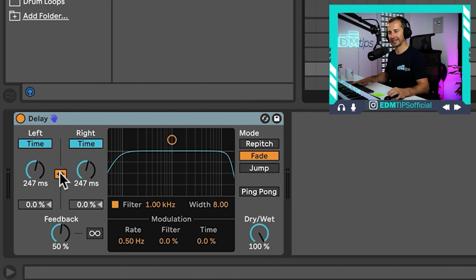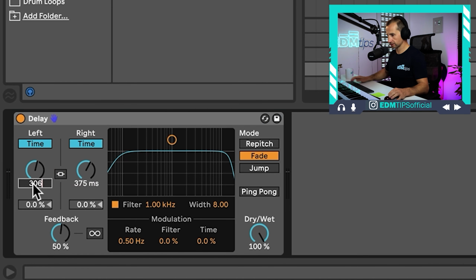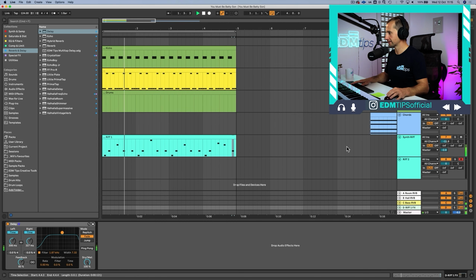Okay, now I'm going to detach these two from each other, and let's just make them slightly different, and that's going to create stereo width because the delayed signal on the left and the right are going to be slightly different. Take out some of the low end. So that's already creating a really interesting